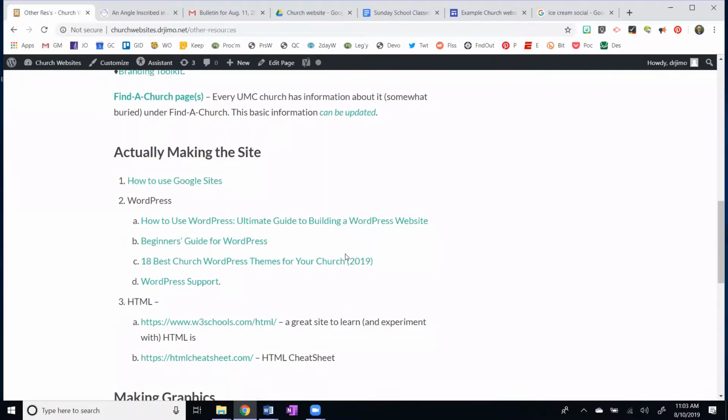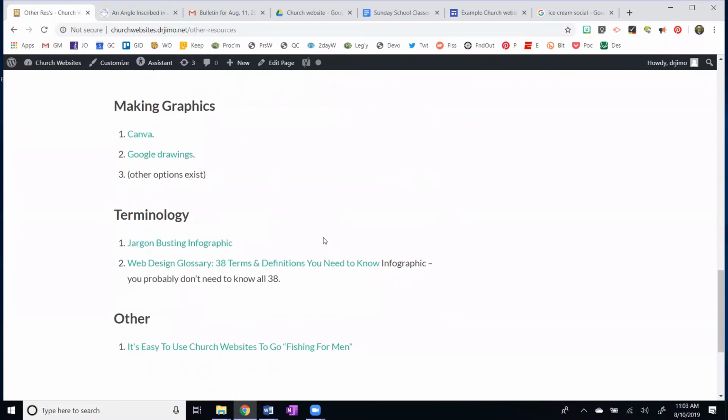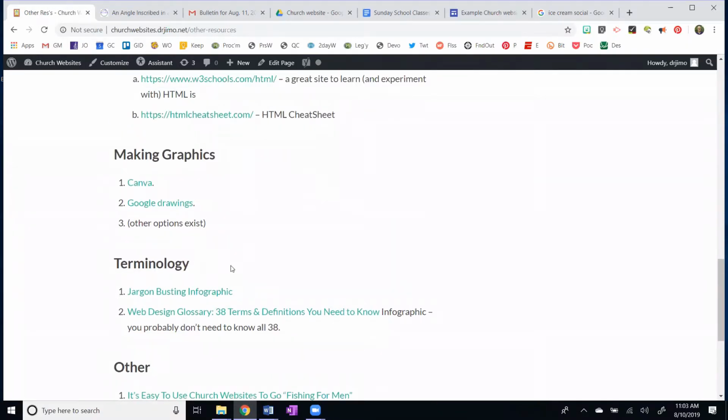So over here under other resources, I have some links here for making graphics. I don't even do Photoshop. It's too much for me. But having a picture with some ice cream cones and then putting Green River UMC ice cream social over the top, that would be kind of nice.